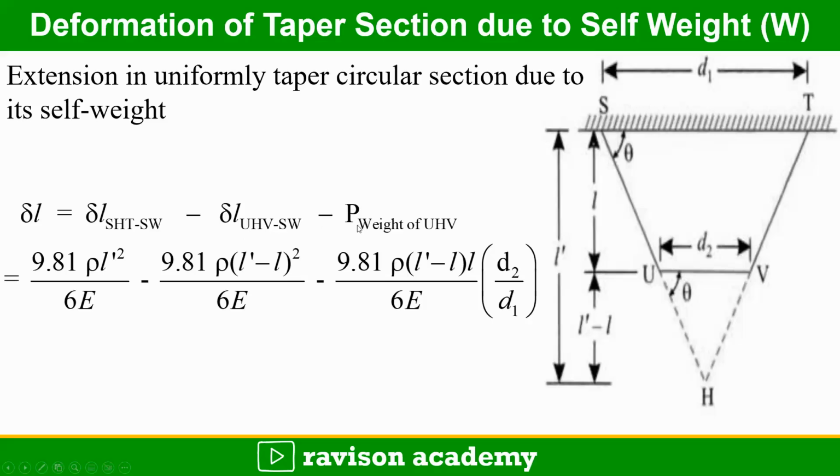So we know the relation 9.81 rho L dash square by 6E for the self weight due to SHT, and 9.81 rho into L dash minus L the whole square by 6E for UHV part due to self weight, and 9.81 rho into L dash minus L into L by 6E into D2 by D1 for the weight of the UHV part. On substituting all this,